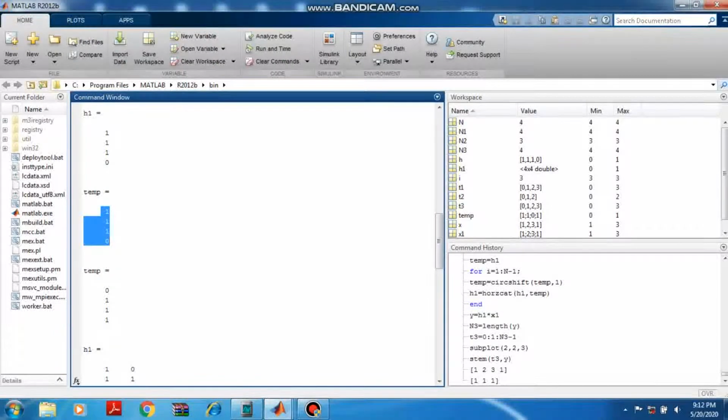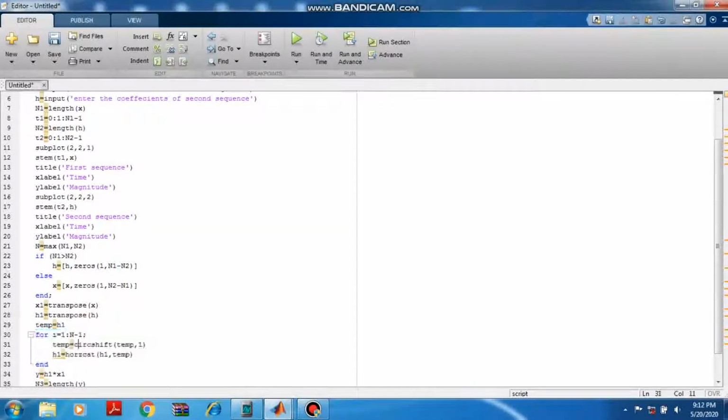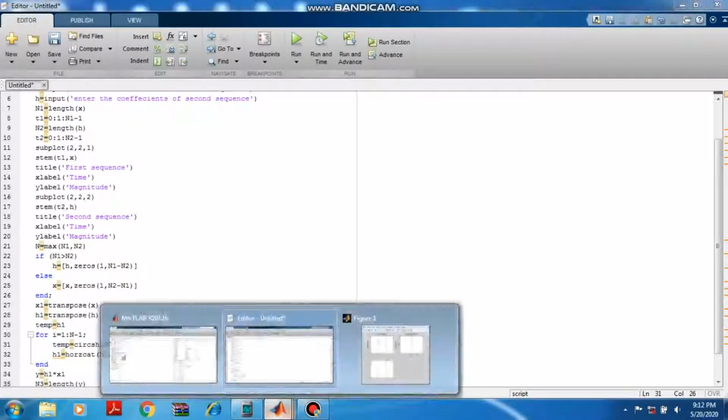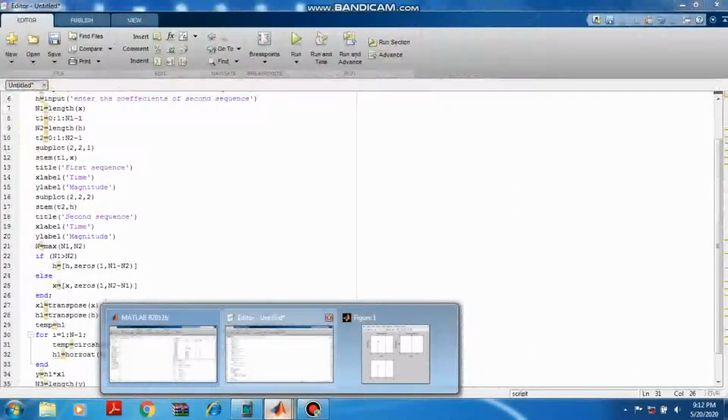That many times it will go on circularly shifting the temp matrix by 1. So when I equal to 1, my temp was shifted once. Temp was this, 1110. Now this 0 comes up and the positions get shifted.